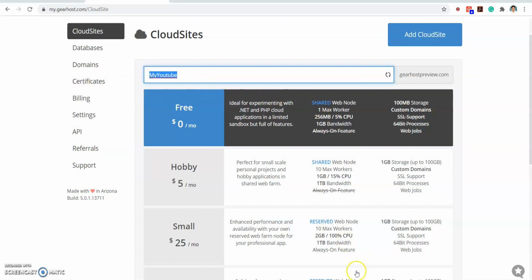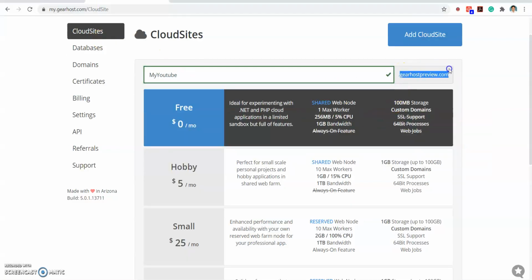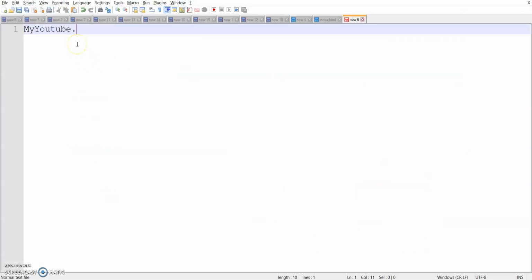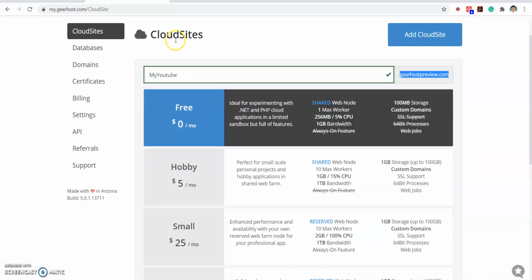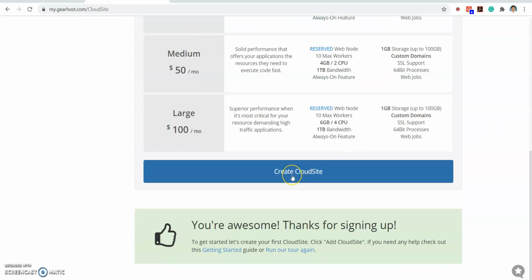So the domain name will be like this. Let's copy paste the domain name my YouTube and this one .gearhostpreview.com. So create cloud website.